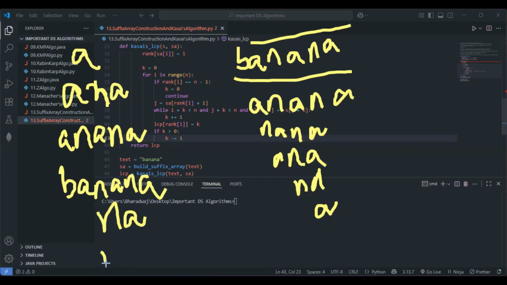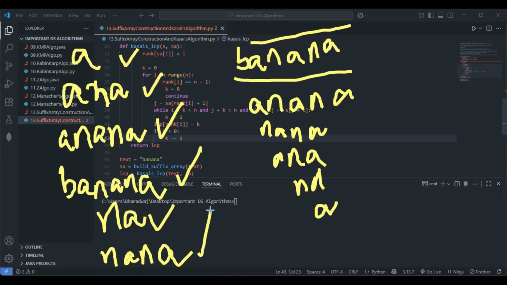Finally, we'll get NANA. This is in the sorted order basically. Right, sorted suffixes basically. Now the suffix array would be 5, 3. This one is 5 basically. So next comes,